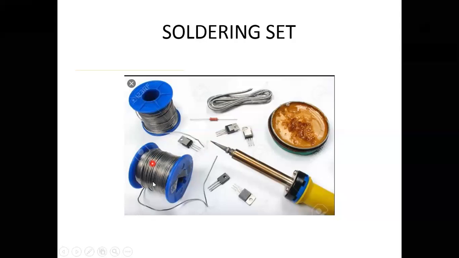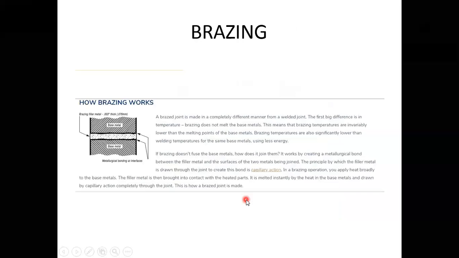This is the complete set. This is the soldering wire. Here the flux is included in the wire itself, or if it is not included, he has to use the paste-like material. This is the soldering gun or soldering iron. These are the electronic items; I can identify this one as a diode, and these are ICs. Okay. Next one is the brazing process. Here the filler material is spelter.